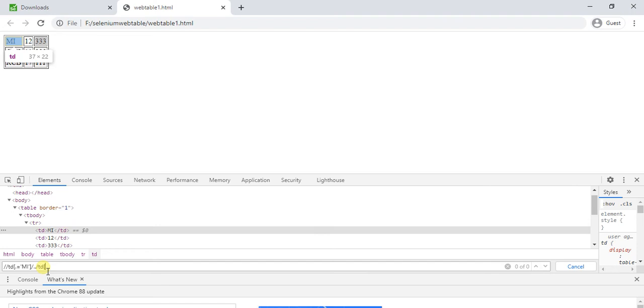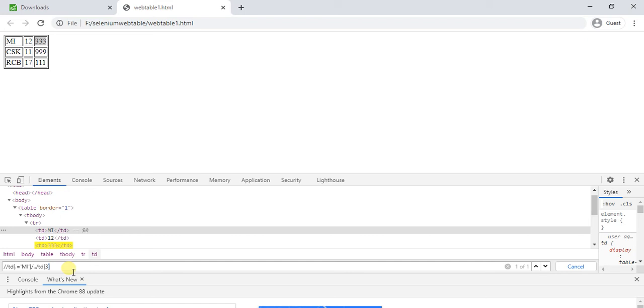Always the index starts from 1. The element I have written is the correct XPath; it is showing 1 of 1, and that element is also highlighted. Now our XPath is correct.